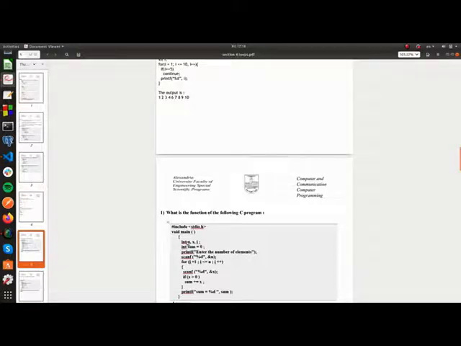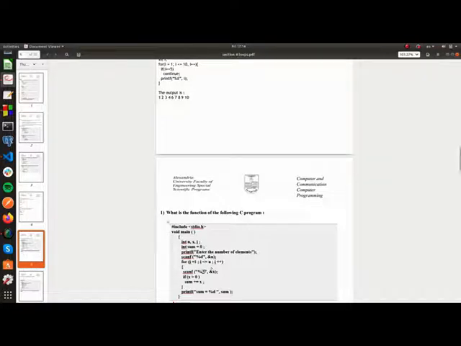So here I have n, x and i, so 3 variables, and I have a variable sum. So by default here I'm calculating a sum. Okay, let's just continue. Enter the number of elements. So here I'm taking the number of elements that the user will enter, adding it in n. For loop from i is equal to 1, i is less than or equal to n, i plus plus. I'm looping